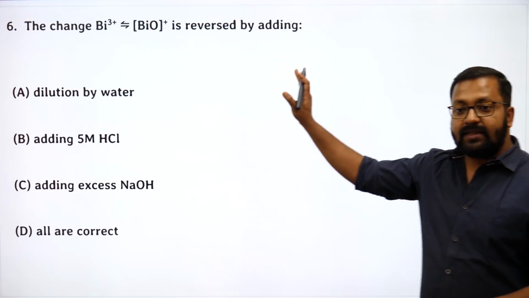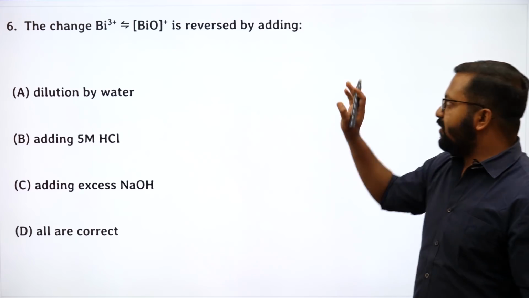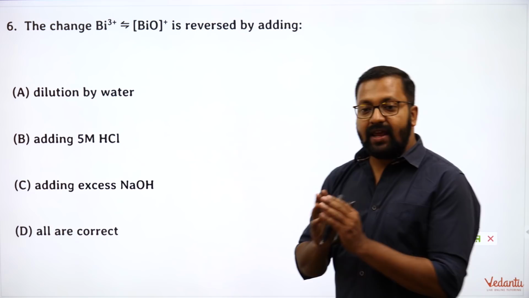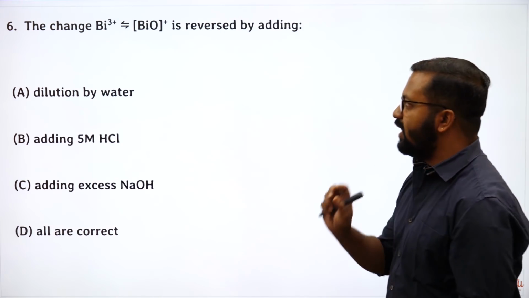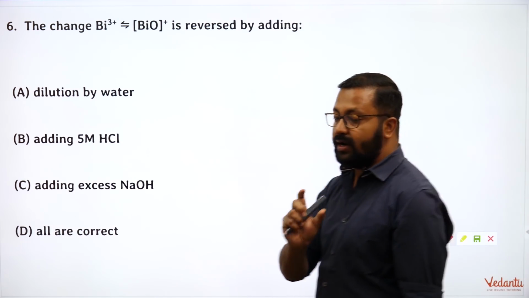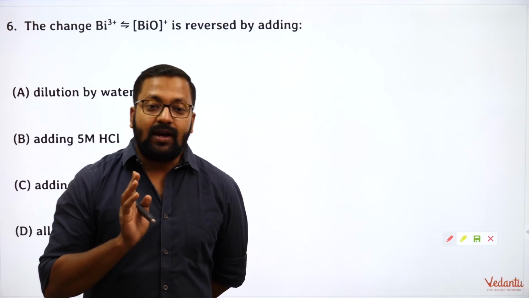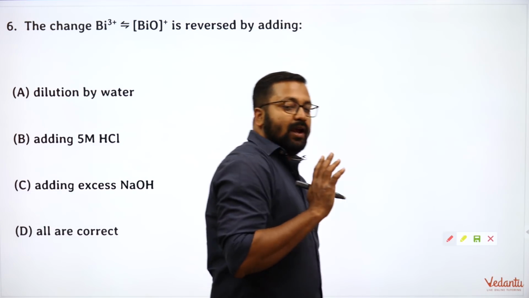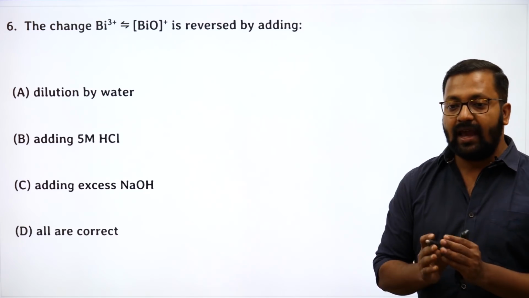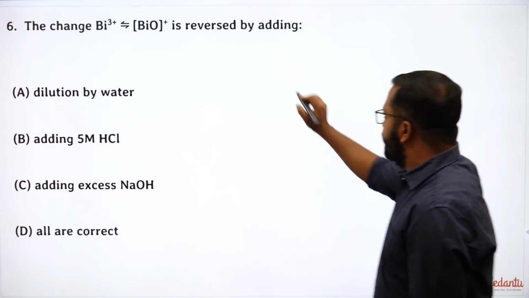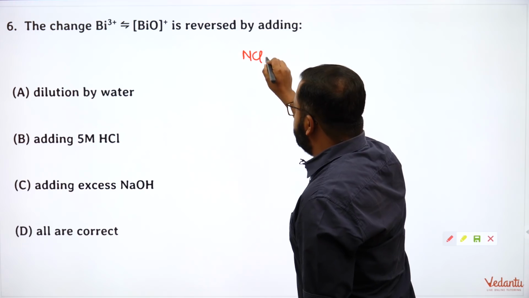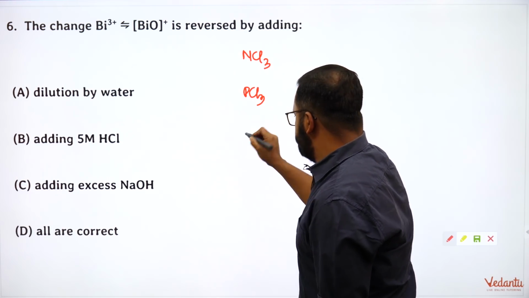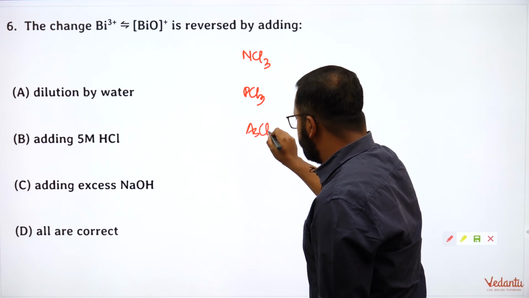Okay, so let's look at this question. The change Bi3 plus to BiO plus is reversed by adding. This is a very conceptual question. In this question, we have to remember a few important aspects of the chlorides of group 15. So ये अगर हमने chlorides of group 15 लिया है तो क्या information हमें जानना चाहिए? Let's take NCl3, PCl3, AsCl3,